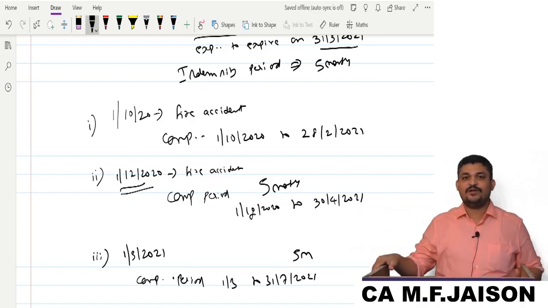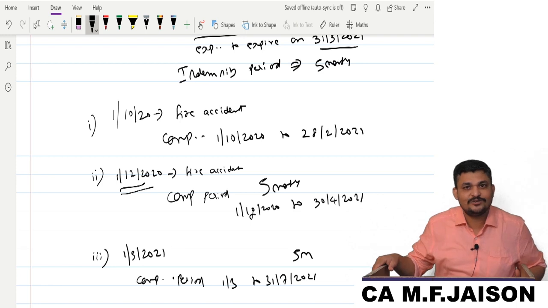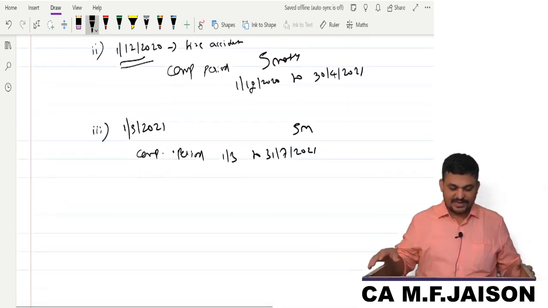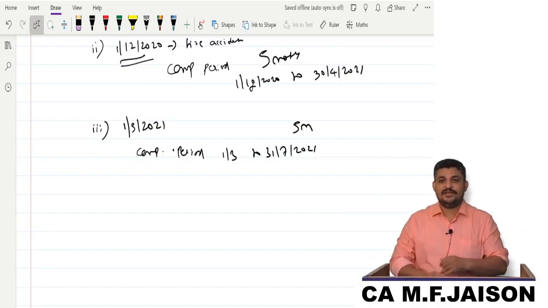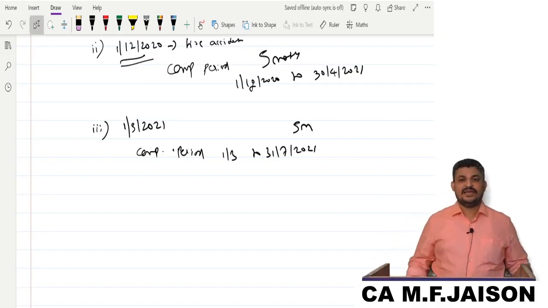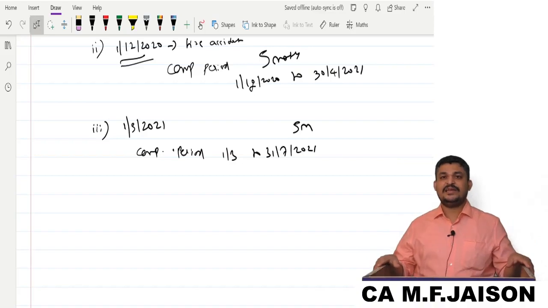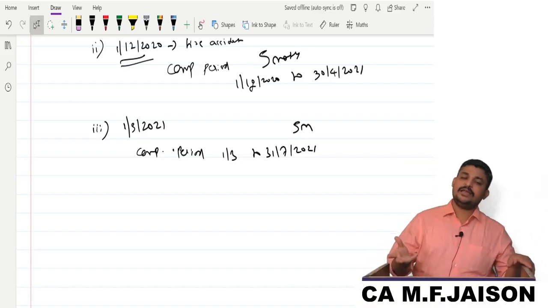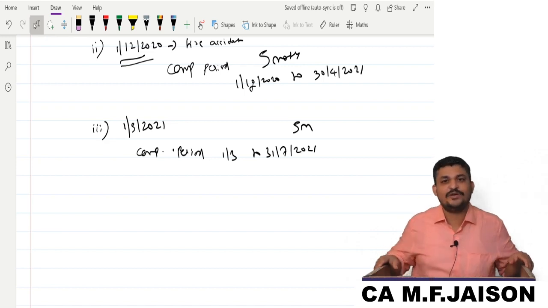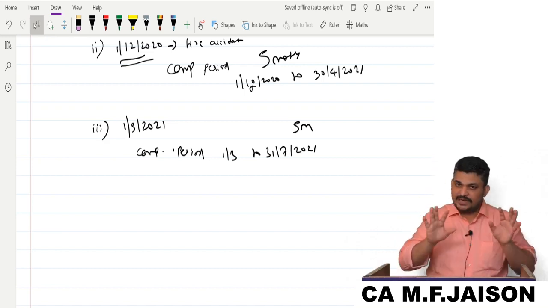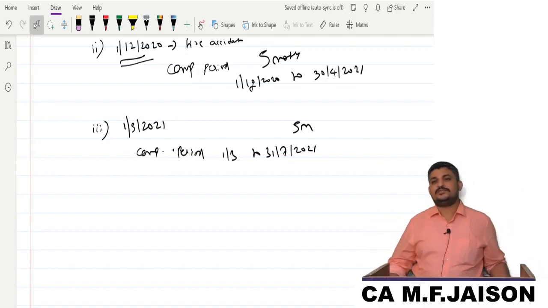So what do you mean by the policy period? It's a period during which the accident should have taken place. Understood? Okay, that's how you should understand it, my dear friends. Even if it is 31st March, the policy is still applicable. I have given you 2 periods. The policy period is generally a 12-month period. The indemnity period is in the range of 5 months to 12 months, and it will be mentioned in the policy. I hope you are following this.